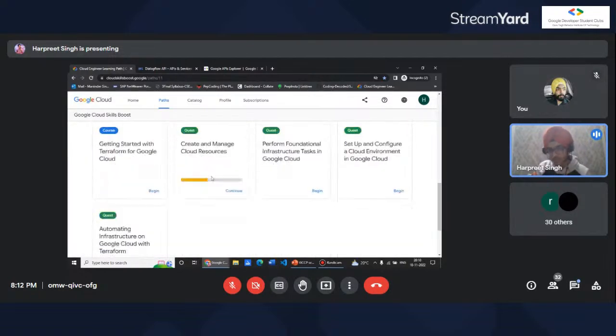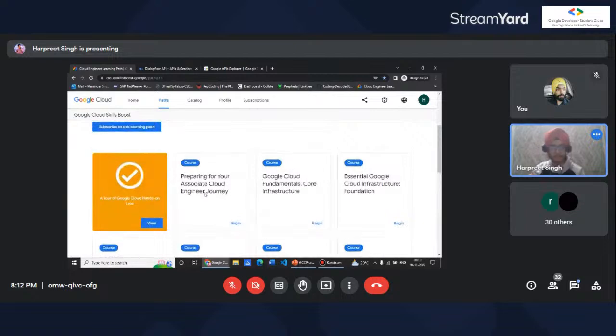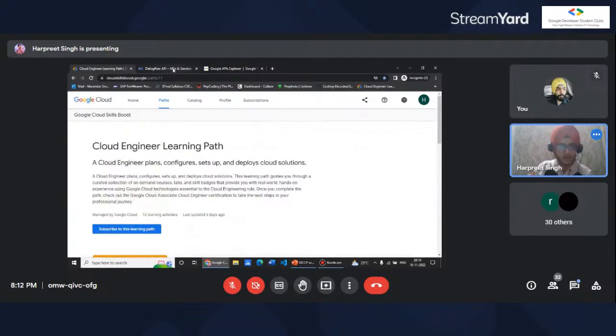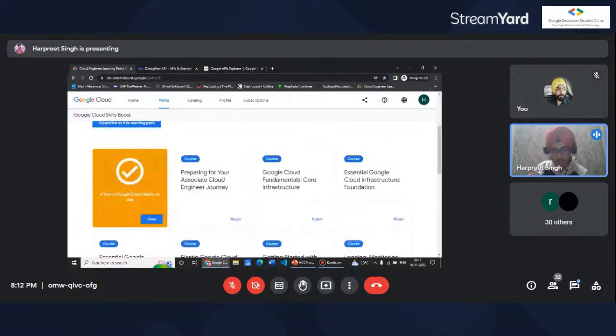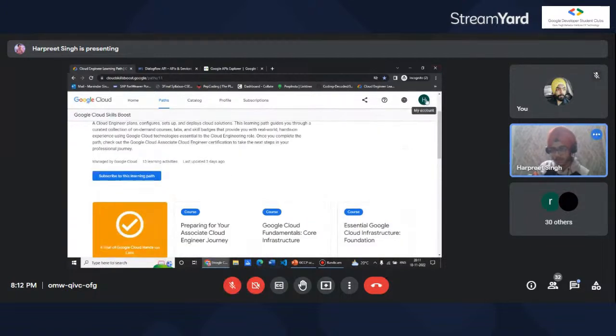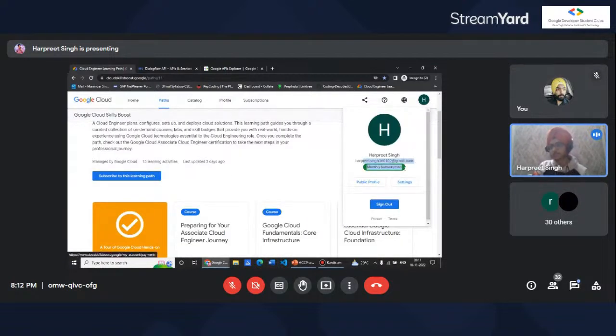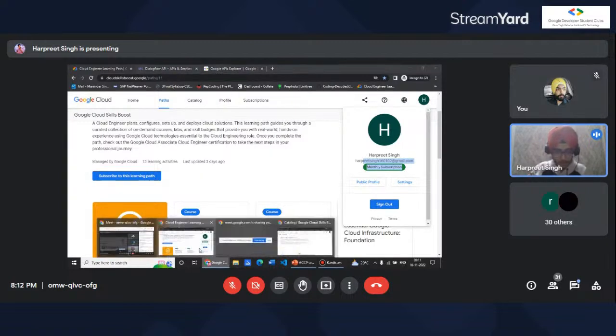After that, these are the courses which we have to do, right? I hope you will be able to do it now. So Dialogflow API, and after doing the first Tour of Google Cloud Hands-on Lab, in your profile section, you will be able to see the monthly subscription. Once you get this, you're all set for accessing the monthly courses, and you can complete them according to your deadlines, whatever time suits you. Okay, so that is all which I wanted to show you in the demo lab.